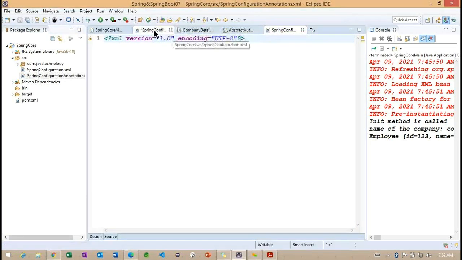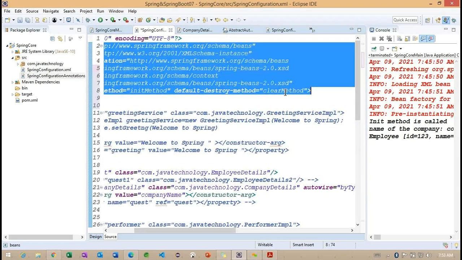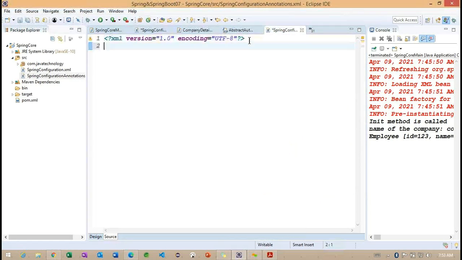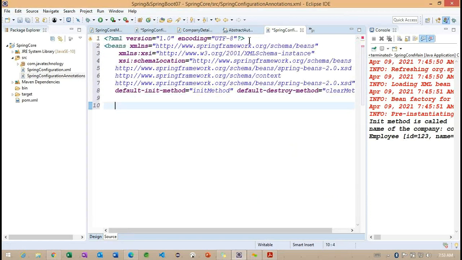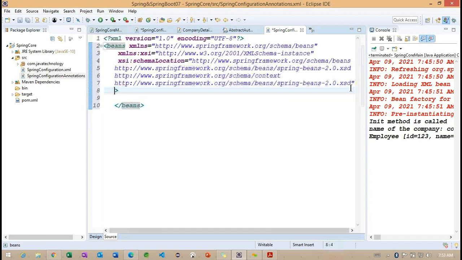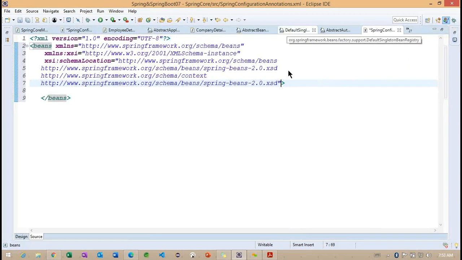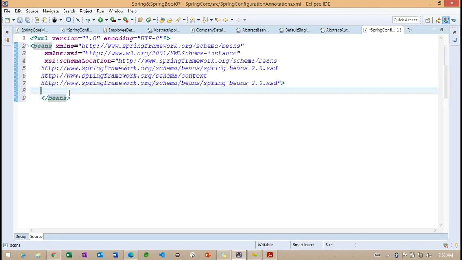Right, so we are going to work on this file. Let me copy this section into the configuration file. We will try to work on these configurations now. We don't want to work on this particular part. Right, now we identified this context information.